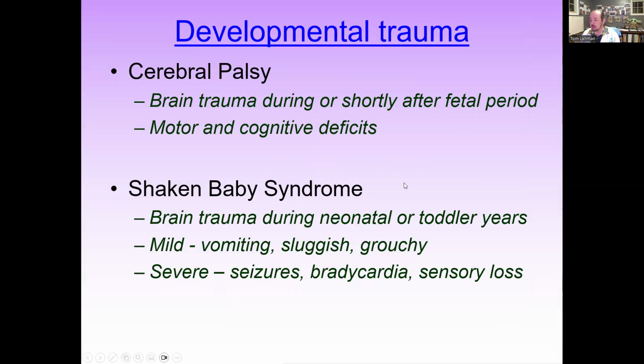Shaken baby syndrome, this occurs later into the neonatal or toddler age, most commonly around age 3, but it can happen anywhere between age 1 and age 5. As the name implies, that shaken baby, remember again, weak neck muscles, big bony cage, and a fragile brain inside. If you're shaken back and forth, that's going to wind up damaging pathways inside. That could cause pathway damage.